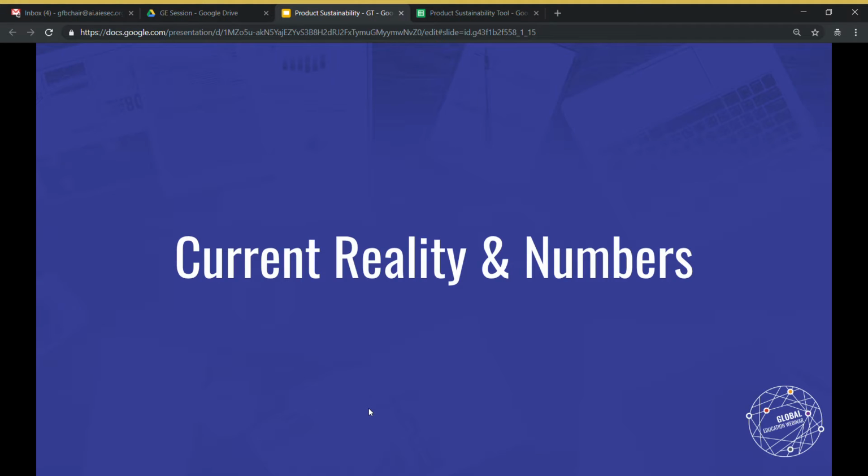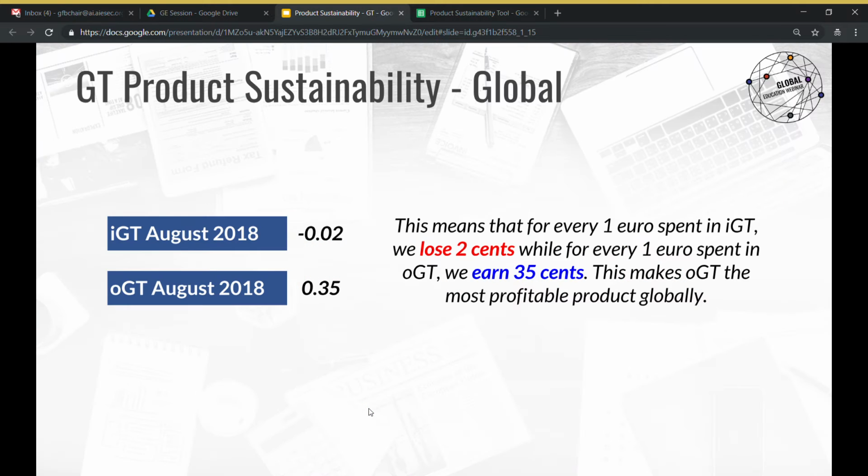Now let's go over to the current reality of the numbers. GT product sustainability in a global perspective is that IGT as of August 2018 means we are losing, we have negative 0.02, while OGT is positive